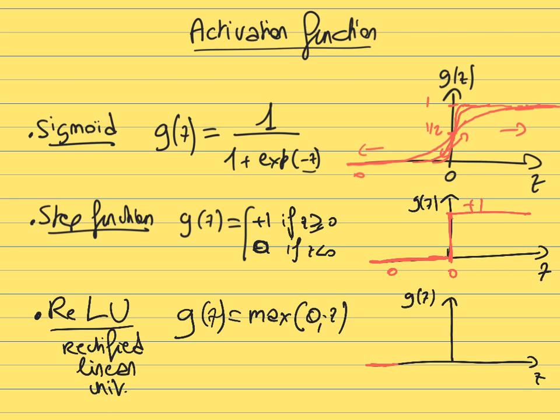So in this case, as long as z remains negative, then the neuron is not going to be transmitting anything. There will be no signal being transmitted as an output. And as soon as z becomes positive, then the maximum of 0 and z becomes equal to z. Z is larger than 0, so the maximum of those two numbers now becomes z, which means that this function is just going to give you as an output 0 if z is smaller than 0, and will just give you back the same z if z is positive.